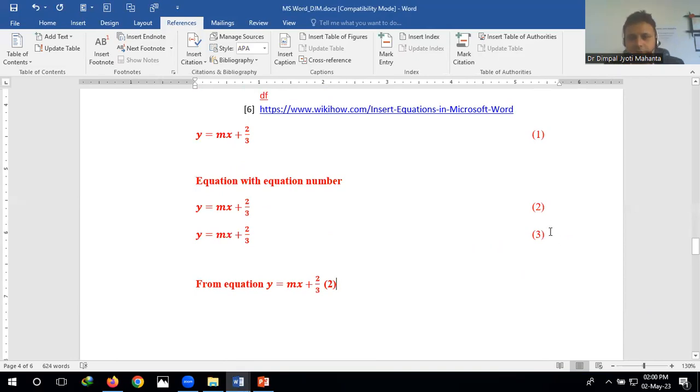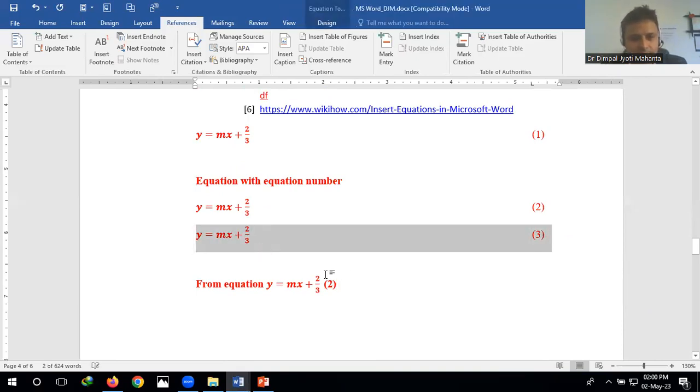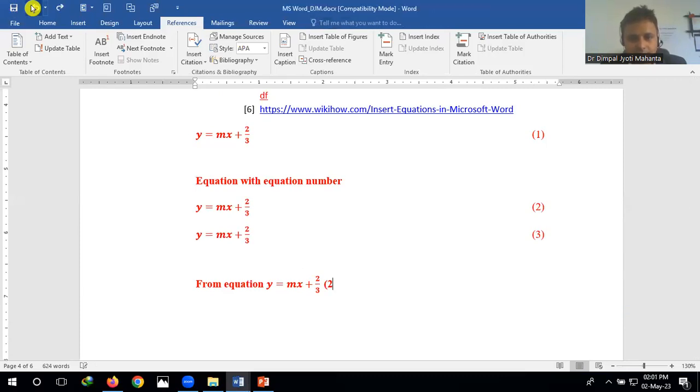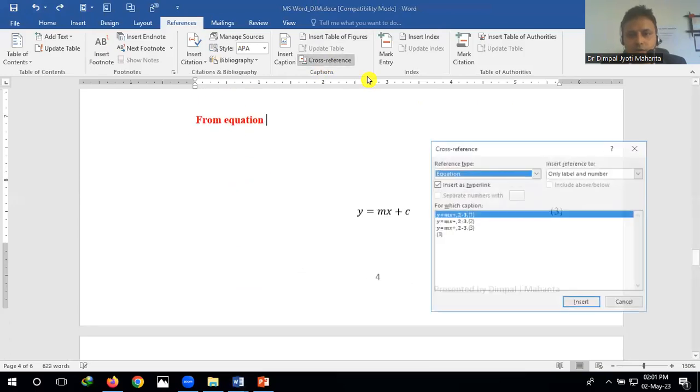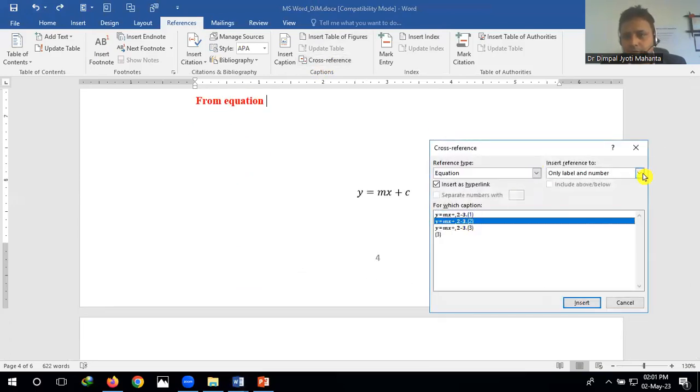Later on, if the equation has changed, because here I'm writing, oh sorry, some mistake here. I forgot to change: from equation 2, only the 2 I required. So I will click the 2 and